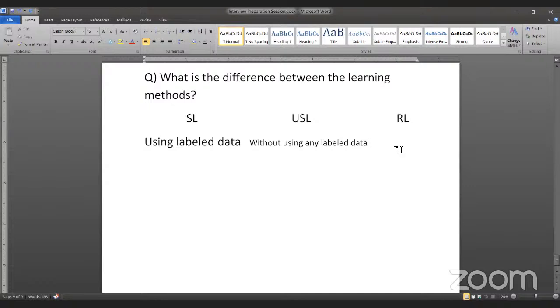Yeah, you can say schemas are also different. Also, in